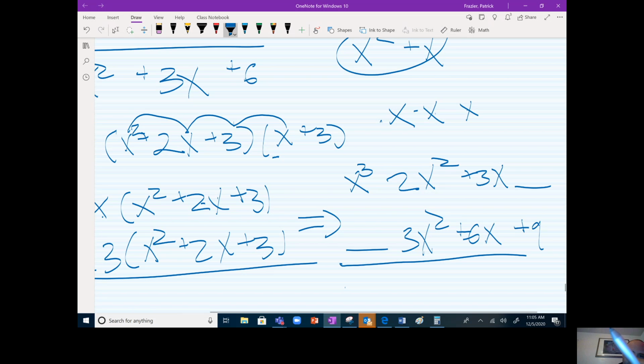And incidentally, you could write this as 0. I like to use different colors for my invisible terms. So you could rewrite that as 0x cubed,